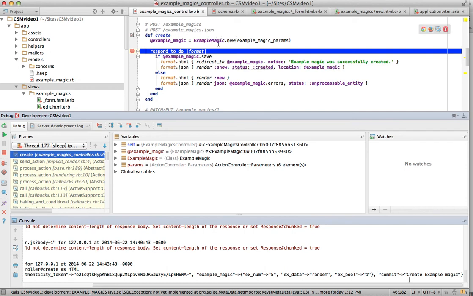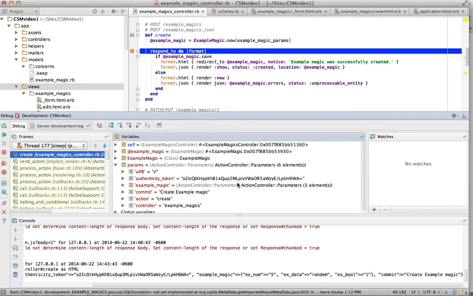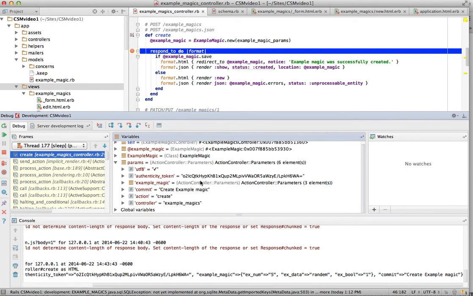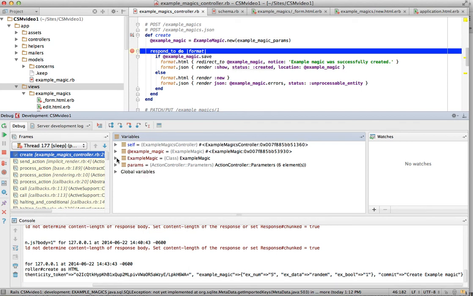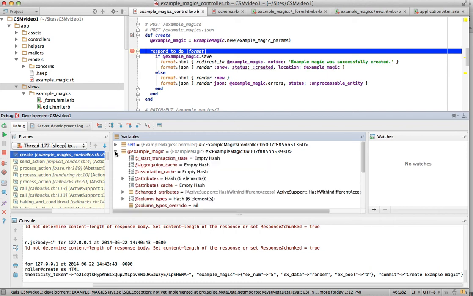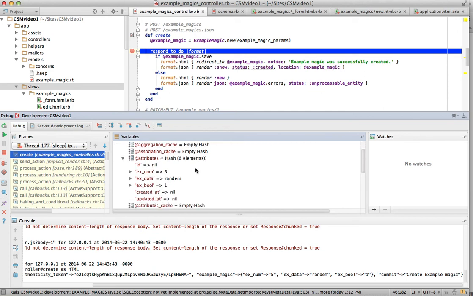So let's look at the variables as seen in the RubyMine IDE. So you can see in the params that has all the values we were expecting. In example_magic, there they are. And then you can see, if we look at the instance variable that contains that model, and we look at the attributes, the values I sent up are in there. ID, created_at, and updated_at are nil because this has not yet been saved. So I'm going to continue running this,